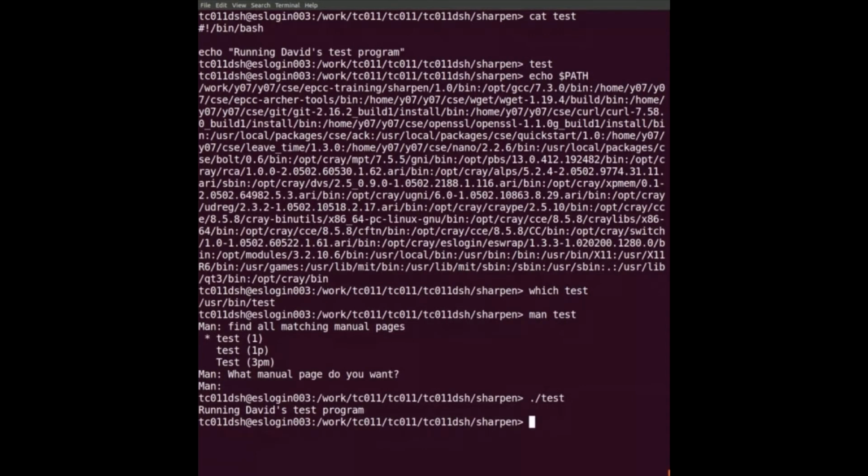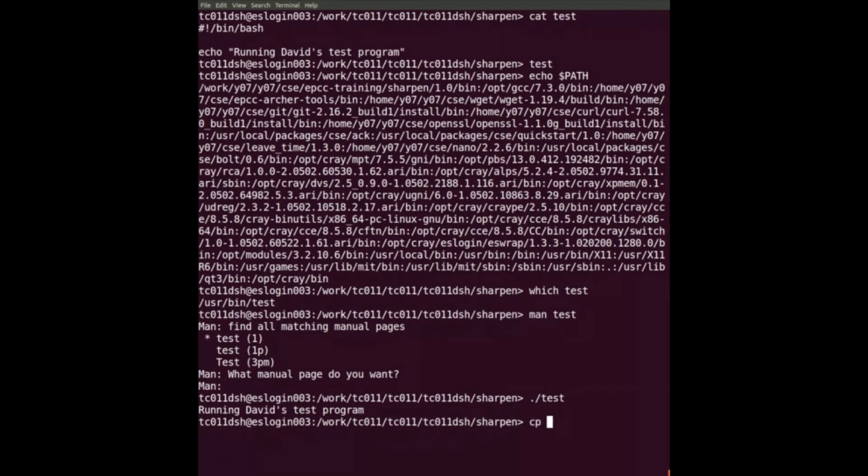So Unix, again, is 50 years old or more. This is not a sensible way of managing software. It's insanity to say we will have a single character string separated by colons, which is traversed from left to right, and the first one we find is picked up. That is not how you would do it if you designed an operating system today. But it's too late to change. So I obsessively do ./